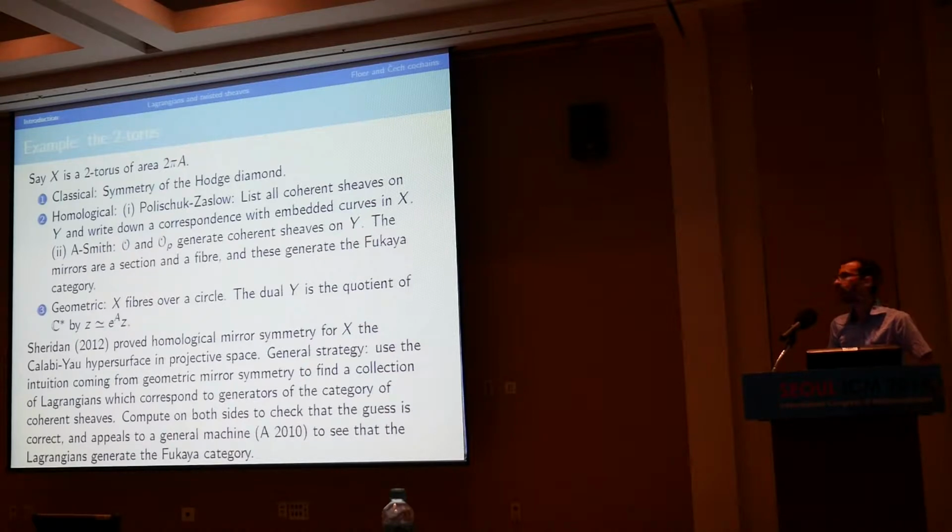So you could do this by hand, but actually the way we prove this is we use a general method that appeared in a paper of mine in 2010, which basically tells you when a collection of Lagrangians has this property. When a collection of Lagrangians does, this is called generating the Fukaya category. And the wonderful thing is that in dimension 2, this criterion basically says, take your curves, cut the Riemann surface along the curves, and see whether you only have polygons. Okay? So if I take the fiber and the section of the projection of the 2-torus to the circle, and I cut along those two curves, I get a quadrilateral. And the theorem, or rather the general result, says that if you can do this, then everything can be reconstructed